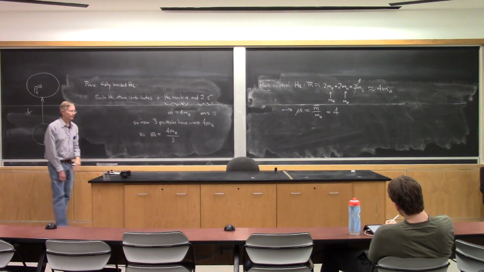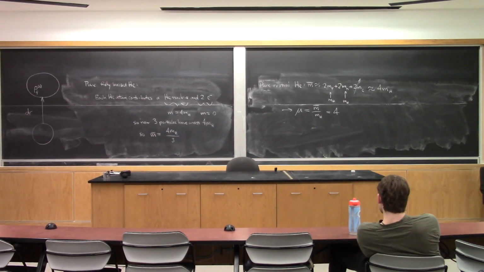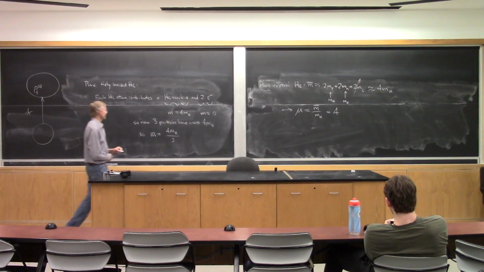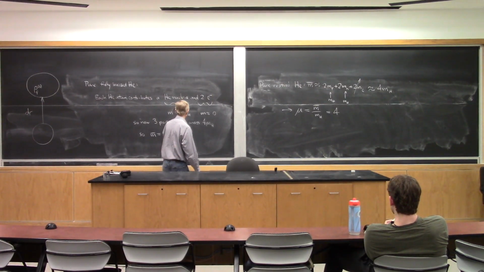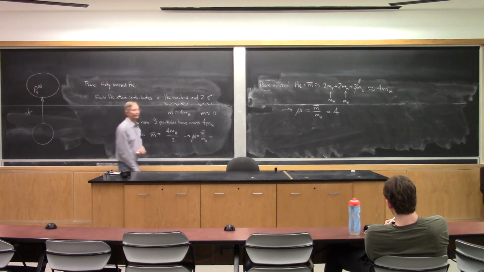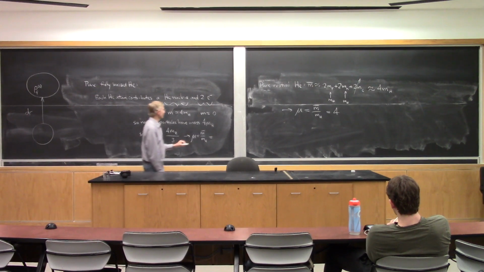Because each helium is giving you 3 particles, and so the average mass per particle will be the mass of that helium, 4 mH, divided by 3 particles now. So what's mu in this case? 4/3. Mu is 4/3